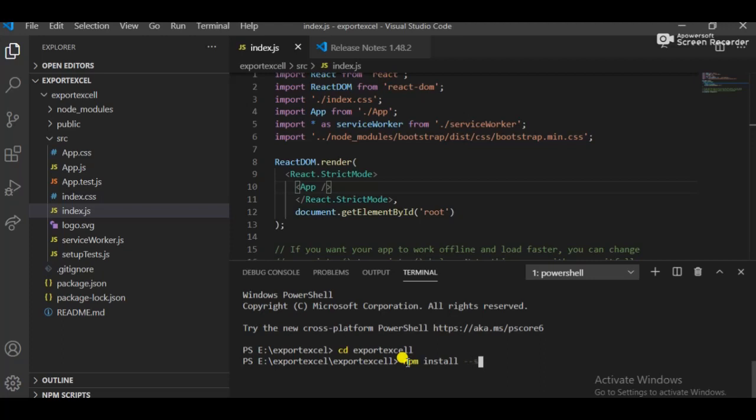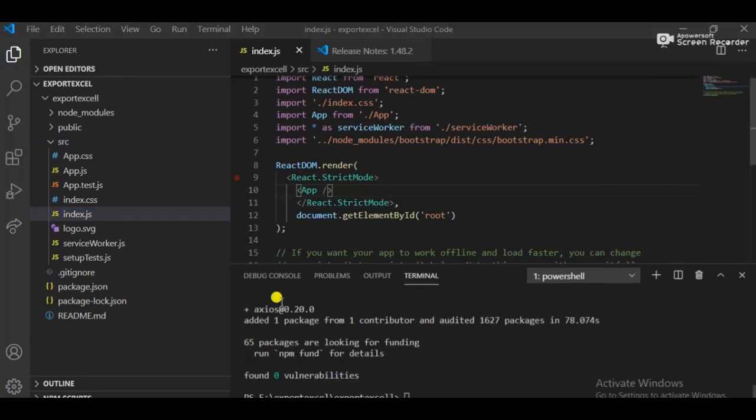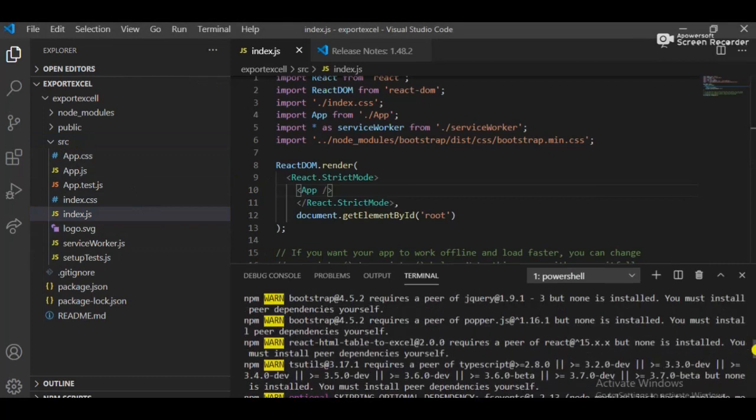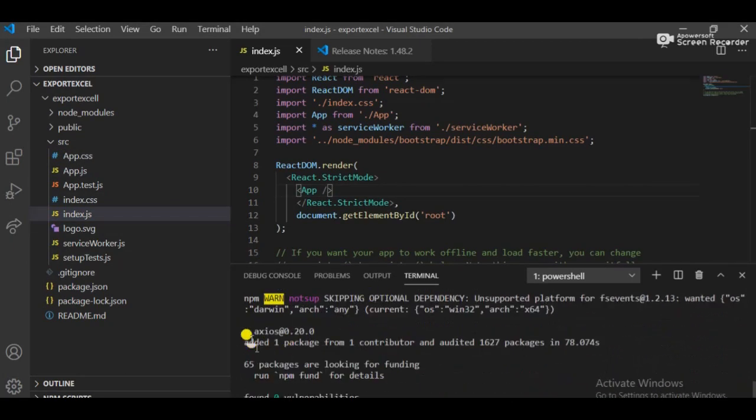Now we just have to overview this code and make a new component. If you want to create a component, you have to choose the src folder, and in the src folder I created an ExportExcel.js component. Here you have to add a simple import. You can see this is the React project, so that is a React component and React HTML table.